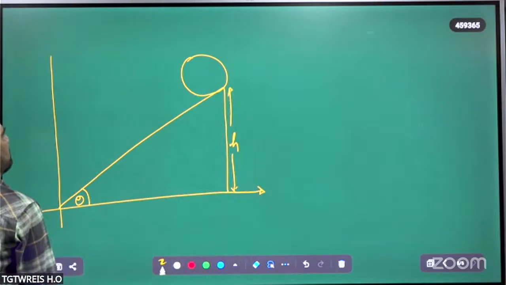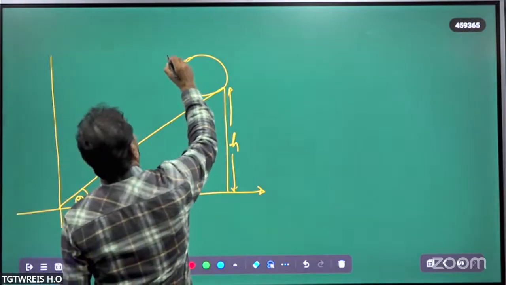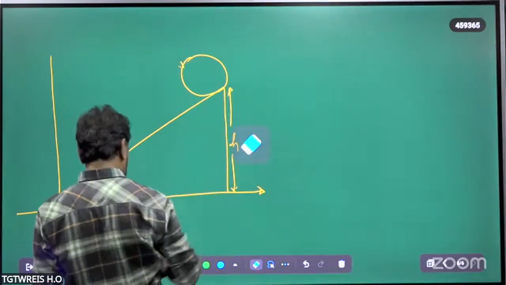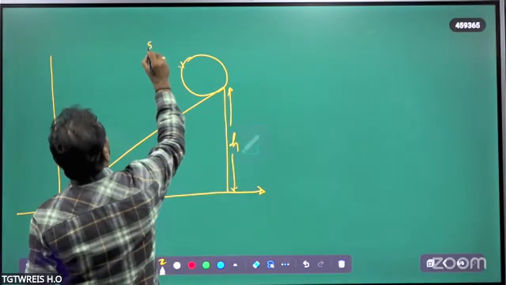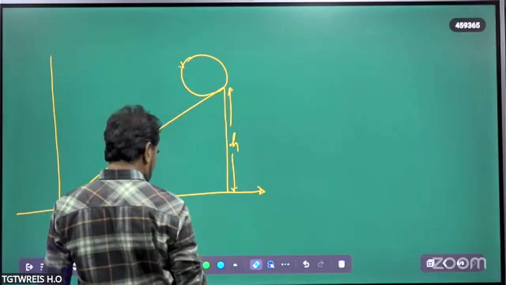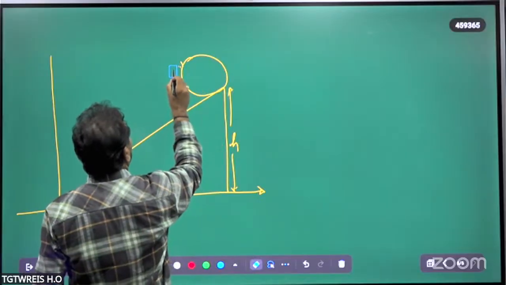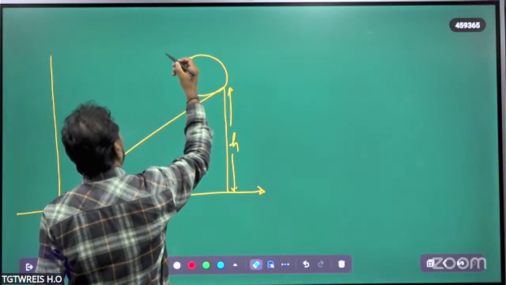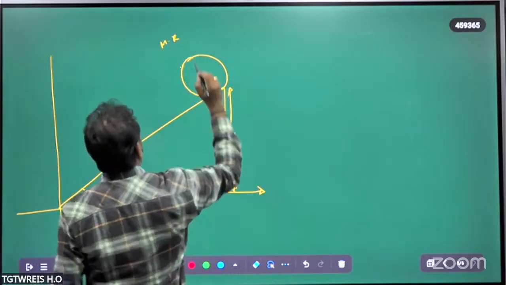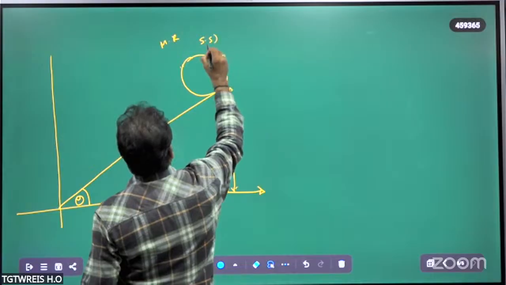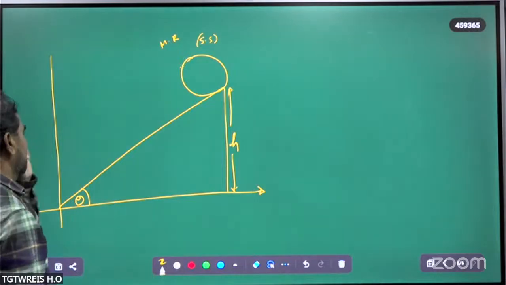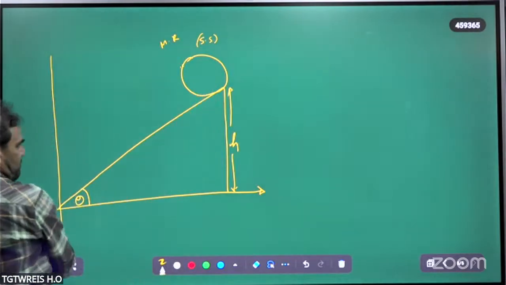A solid cylinder of mass m and radius r is initially on the top of an inclined plane. So when it rolls downward,